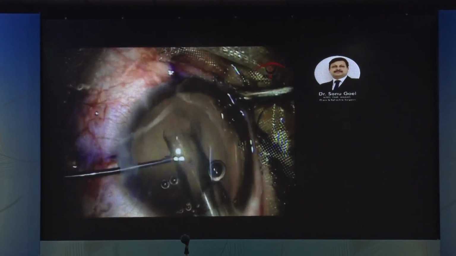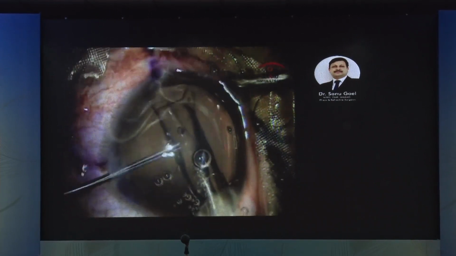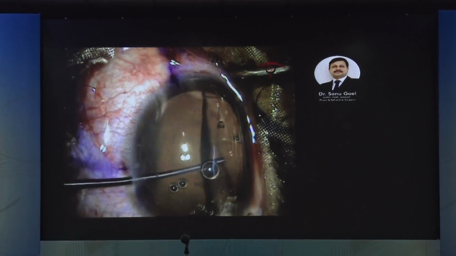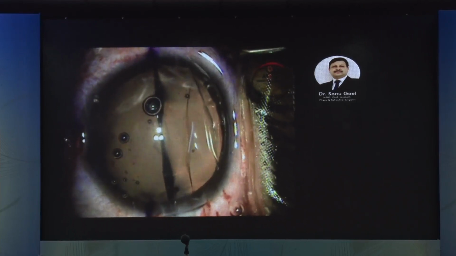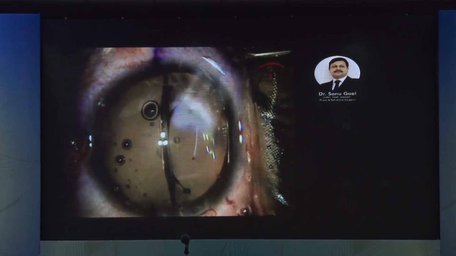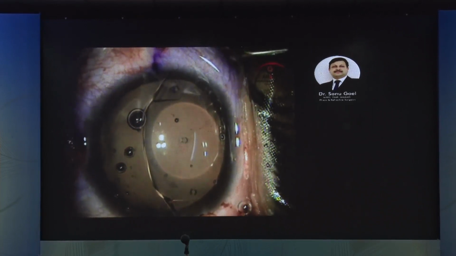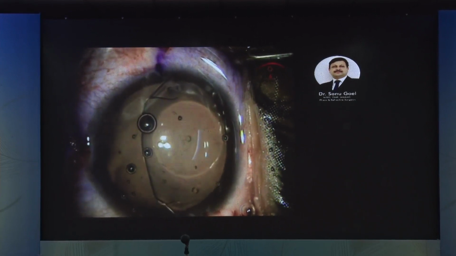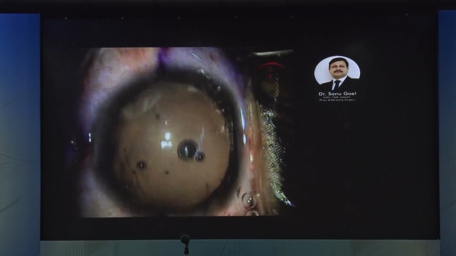Now watch carefully. In the very initial cases, the ICL goes in and I'm not giving any heed to the way it opens up, and then I release and it opens up reverse. Don't panic. Push in viscoelastic, take back your crocodile forceps, just grab the plate at the junction of the ICL. Just look what I'm doing and gently pull away through your same 3 mm incision.